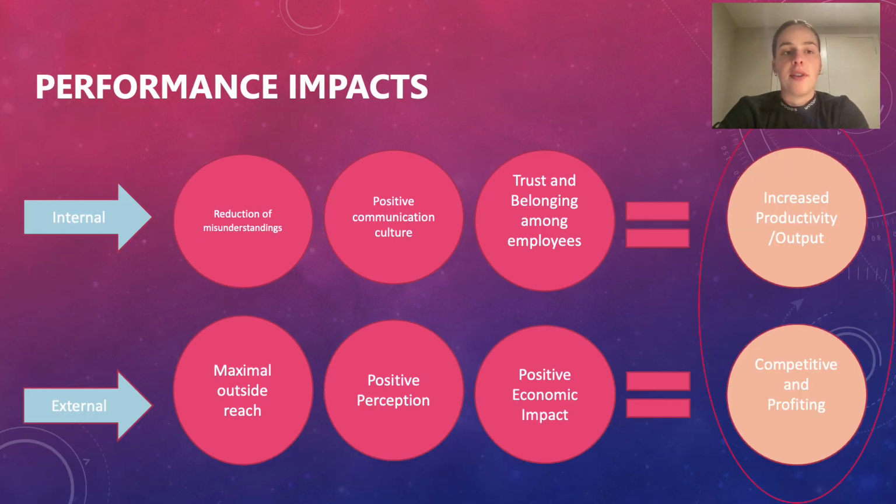So now that we've been through some examples of effective communication internally and externally within a business, we can look at the performance impacts. So we can see that closed loop communication makes for a reduction in misunderstandings. Leaders communicating effectively creates an environment where positive communication is encouraged, and the correct use of technology promotes trust and belonging among employees. And ultimately, that leads to increased productivity and output. Externally, the correct use of technology creates maximum reach outside. Partaking in corporate social responsibility creates a positive reputation and perception, whilst thought out advertising is proven to have positive